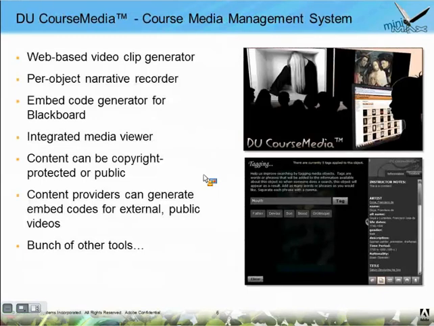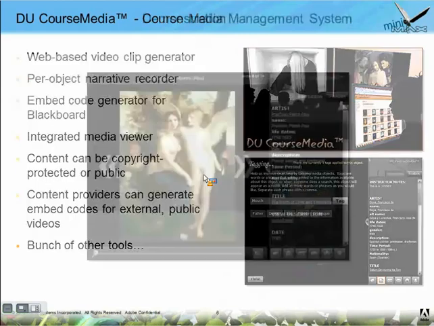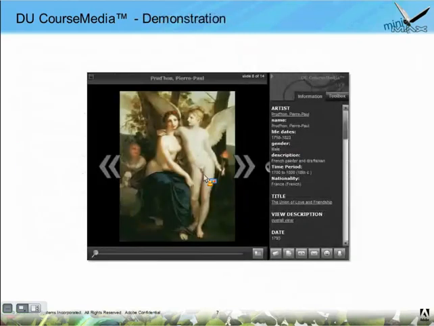So if they try to embed something outside of a university-approved domain, we actually use the Flash Media Server on not only video and audio, but also images to block them from actually accessing that stuff if it's used on an insecure domain. And there's a bunch of other tools too, but I'm going to go through a quick demo